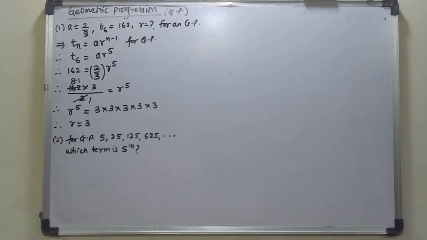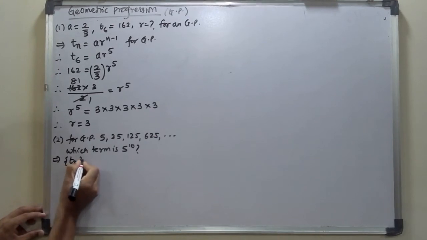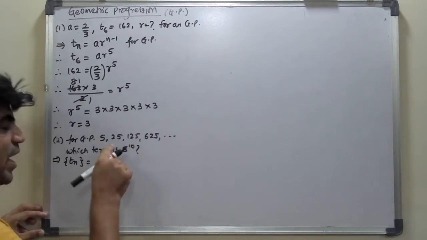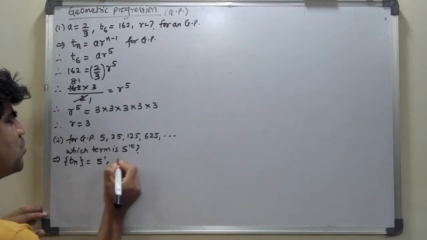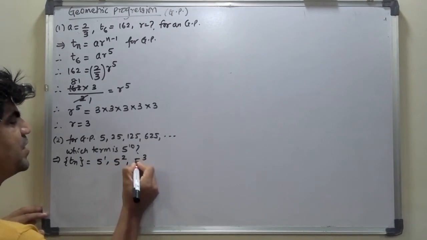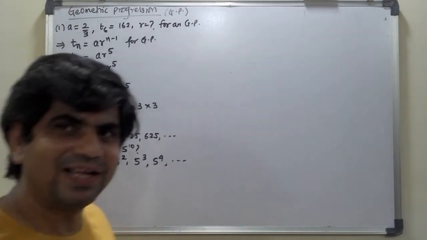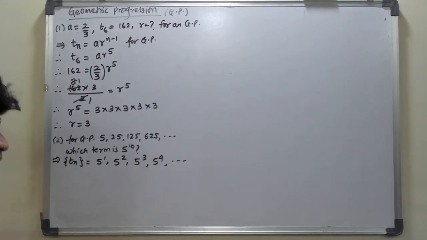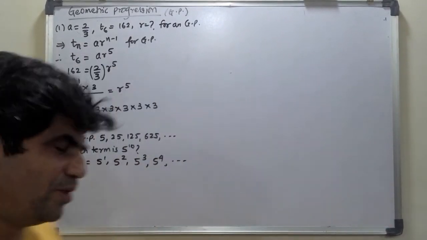Coming to another easy question. You are seeing here that this is the sequence which is already told to you as a GP. There is some connection if you see: 5, 25, 125, 625. 25 is 5 into 5, 125 is 5 into 5 into 5. So this I can write as 5 raised to 1, 5 raised to 2, 5 raised to 3, 5 raised to 4, and so on. While writing, you can directly come to know which term 5 raised to 10 is. But not to do it that way, you need to calculate. Because it is 4, 5, 6, 7, 8, 9 and 10, directly you will come to know which term it is.